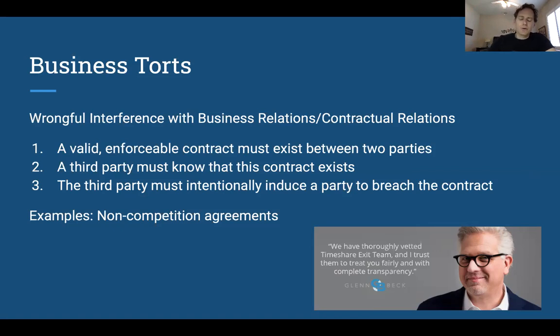And the problem with timeshares is that you have to pay a maintenance fee every year, whether you use it or not. This is kind of the reason that some people don't like timeshares. And along comes this company called Timeshare Exit Team, and lots of people were desperate to get out of their timeshares, so they would use Timeshare Exit Team, and Timeshare Exit Team would first make people that wanted to use them pay a lot of money up front, and then they would tell many of